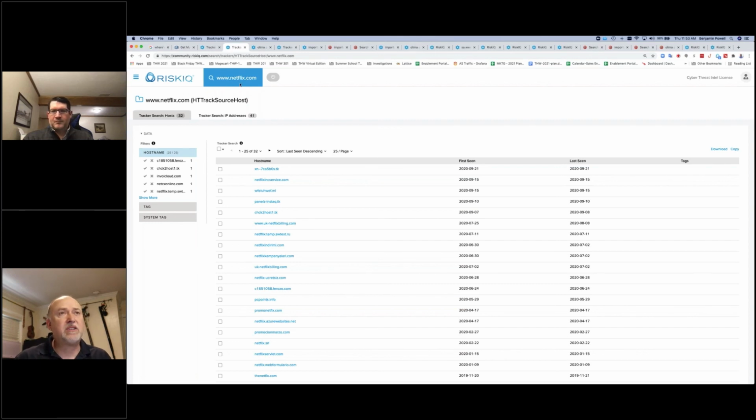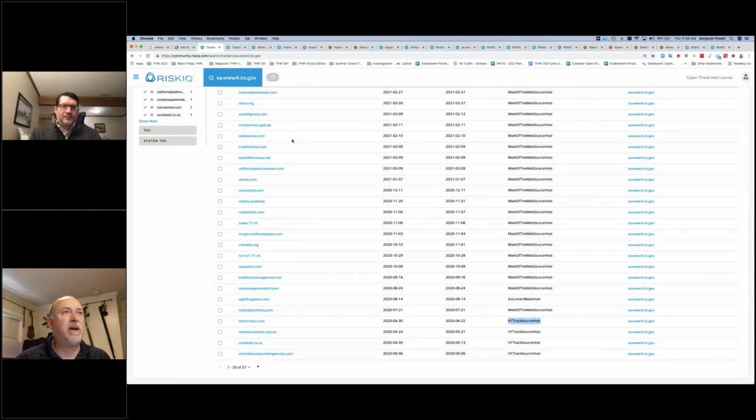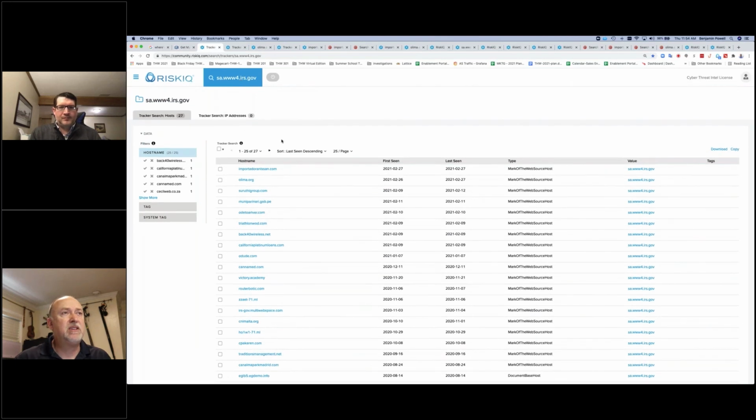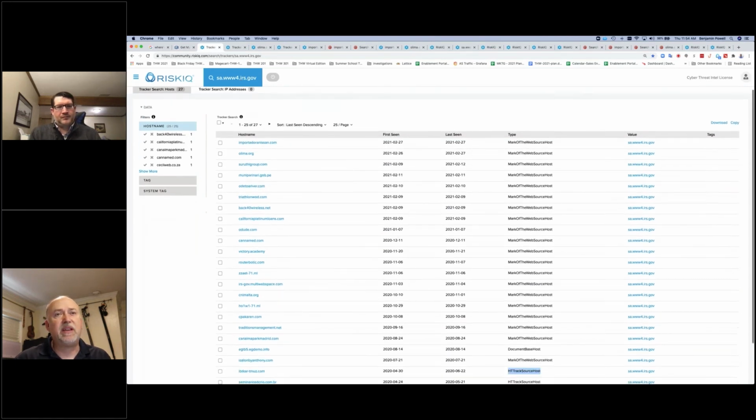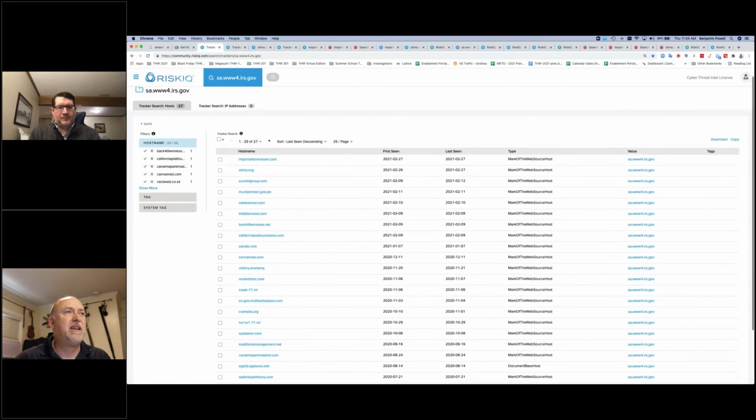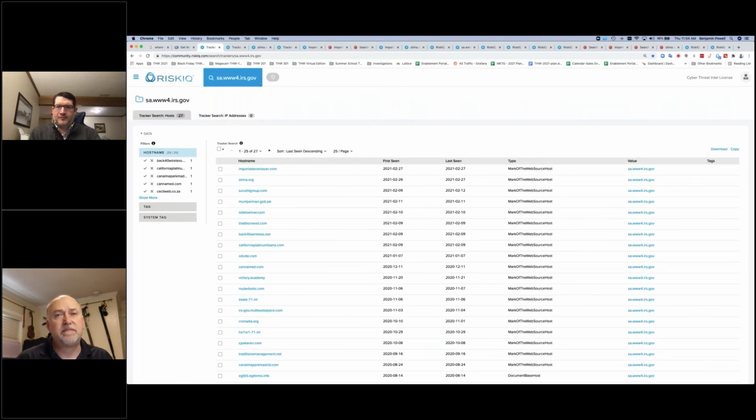Or look for trackers on yourself, but you might see a bunch of other trackers that are not specifically with software that is used to copy domains. And that's what this one was: look at your domain, search by trackers, and then you can see all the different types of trackers that they used.